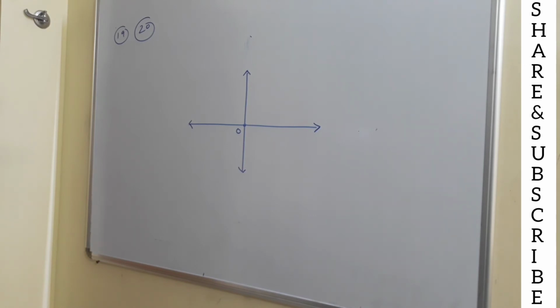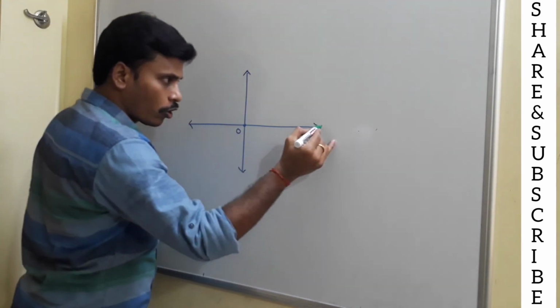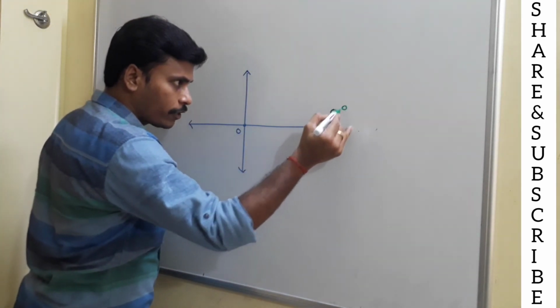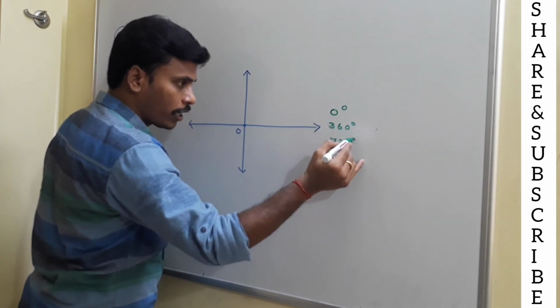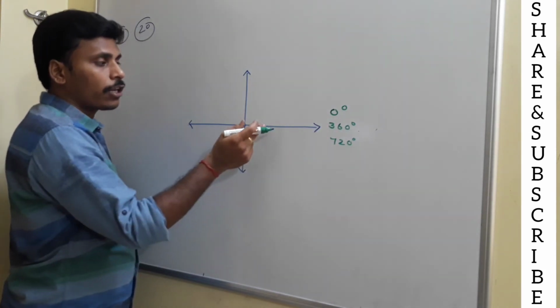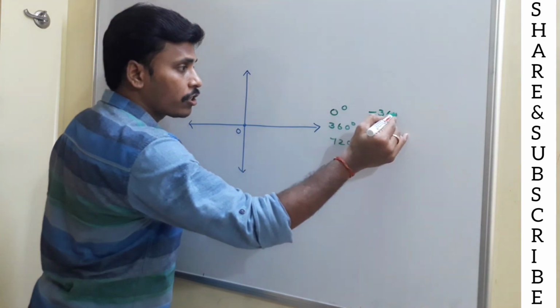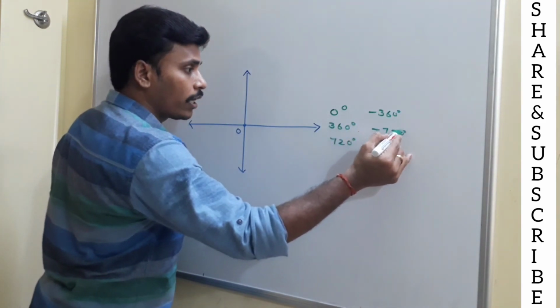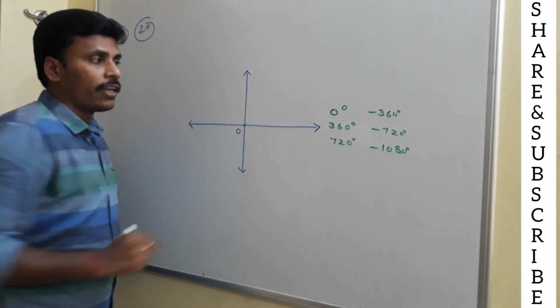Concluding all the angles, that means 0 degrees, 180 degrees, 270 and everything, I am giving you this coordinate system. Look at this. This is the terminal ray for an angle of 0 degrees, and for an angle of 360 degrees, and for an angle of 720 degrees, and so on. You need to add more 360s. Or you may subtract. If you rotate in the clockwise direction, this is similarly an angle for minus 360 degrees, minus 720 degrees, minus 1080 degrees, and everything. This is the related terminal ray.